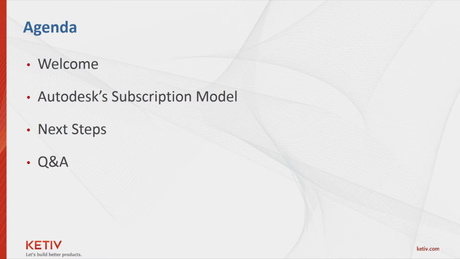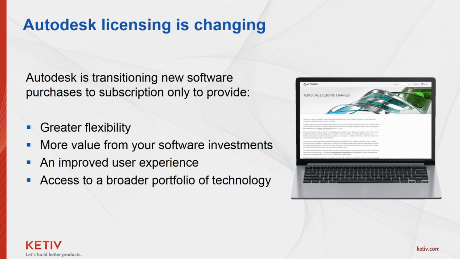So the first thing that everyone has probably heard about and needs to be aware of is that Autodesk is transitioning their license model to a subscription model. Okay, and the change that's happening is changing how you buy new licensing. Okay, so as we move forward, the options to acquire new licenses will change to strictly a subscription model, and we'll talk about what that means in more detail in a second here.